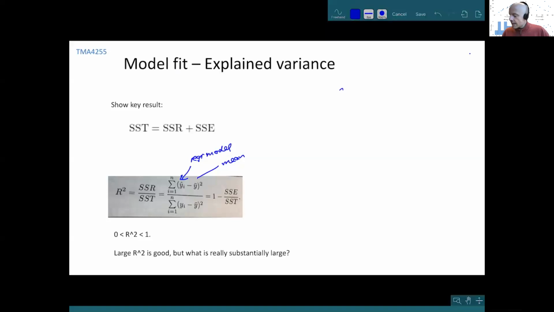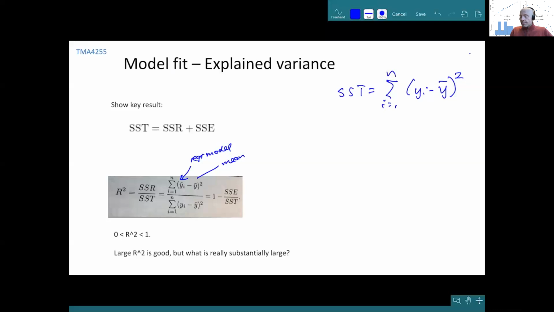Because what was SST again? SST was the distance from y_i to the mean. And in SSR, we look at the distance from y hat to the mean. So if the regression is doing really well, y hat is next to y, then this would be capturing most of the variability. This would be close to SST, whereas SSE